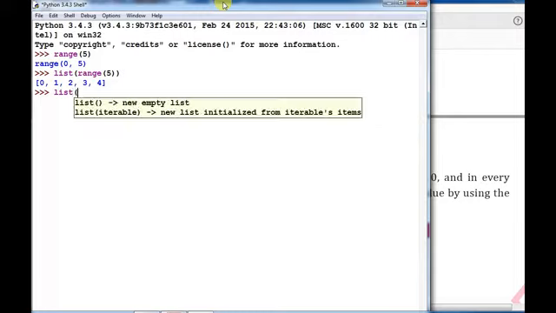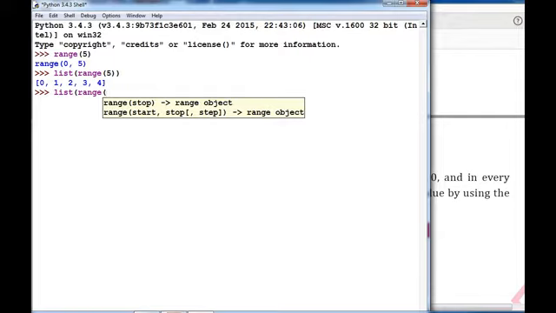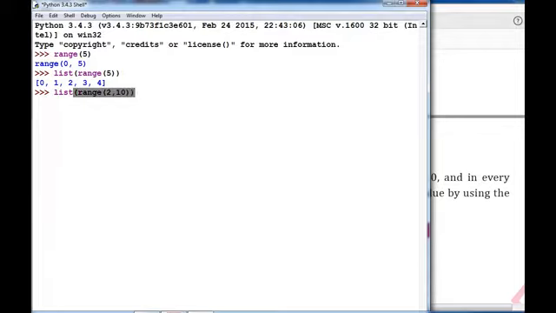Suppose you are using range again, and you want to generate values in a specific range, so you pass a starting value. Just suppose I am giving 2 and 10. It will generate 2, 3, 4, 5, 6, 7, 8, 9, because it takes the starting value and goes up to the last value minus 1, so n minus 1. So look at the output: 2, 3, 4, 5, 6, 7, 8, 9. This is the output generated by this range function.